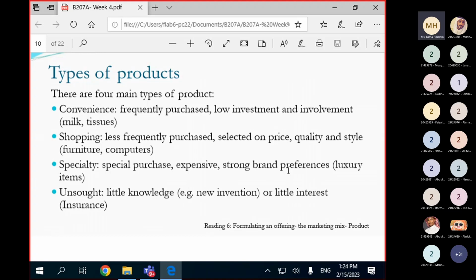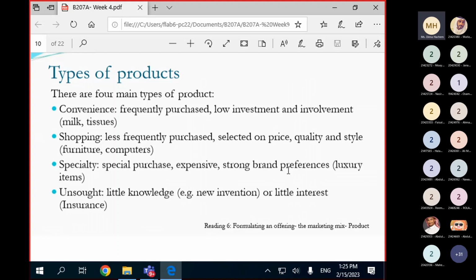Specialty products. Specialty products are products that are very special in what they offer. All right. They are expensive. They have a strong brand preference. For example, luxury items. If you want to buy a Rolex watch, you just go and buy it without comparing it to another